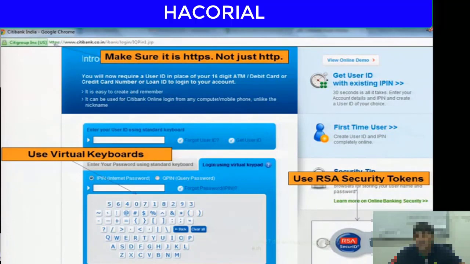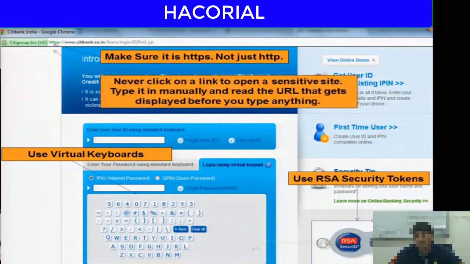Most importantly, use common sense, like never click on a link to open a sensitive website. Always open the browser, manually type in the URL of that website, and only then open that page. Because usually most phishing attacks involve the attacker sending a special link to the victim. The victim clicks on the link thinking that they're going to a trusted website, but actually they're taken to a fake login screen. So instead, if you never click on a link, and instead make it a habit that you'll always